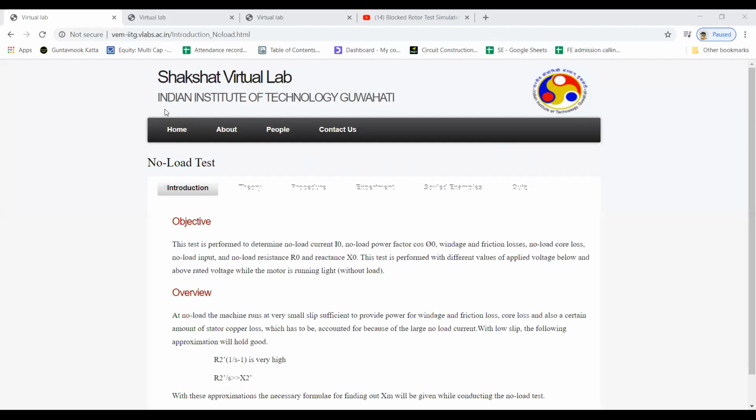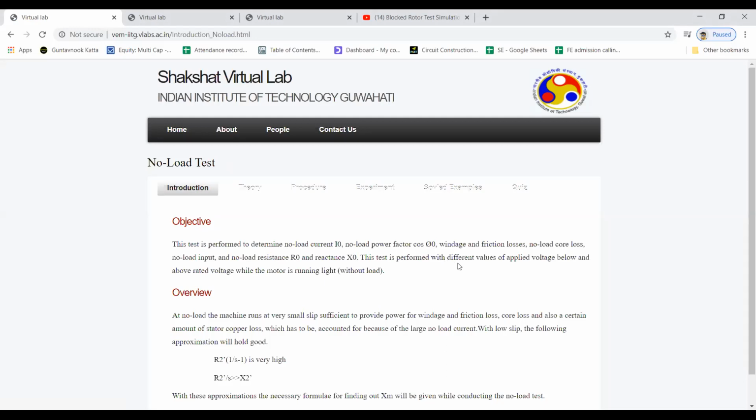It is from IIT Guwahati. You can observe this is the home screen, and we are performing the no load test. So what is the objective of this? If you press this introduction, you will get the objective. The test is performed to determine no load current I0, no load power factor cos phi 0, windage and frictional losses, no load core losses, no load input and no load resistance R0 and reactance X0.